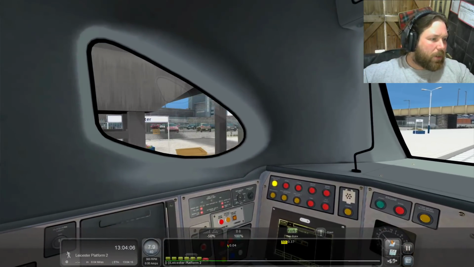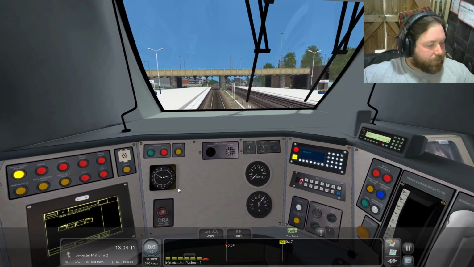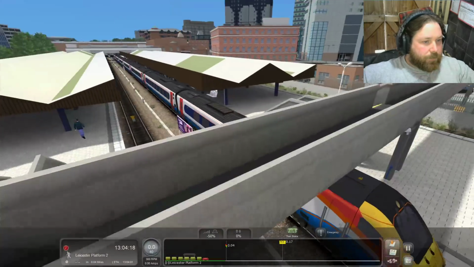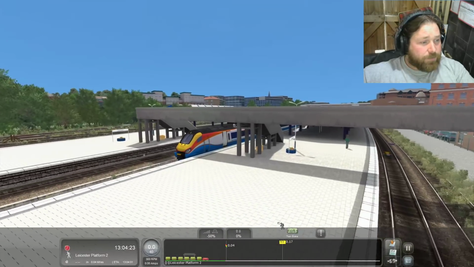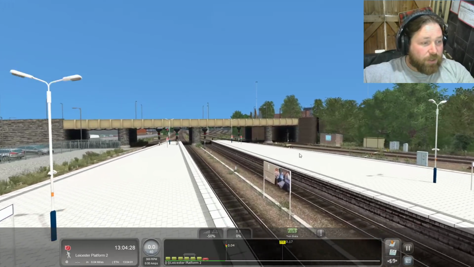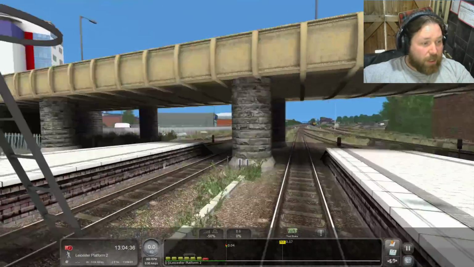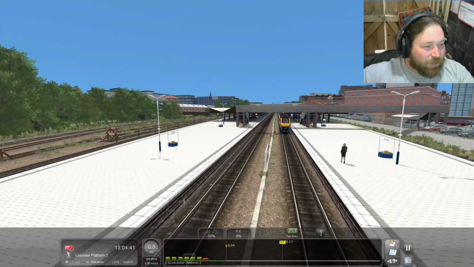Was that my stop board there? Yeah. So yeah, it's a little bit bright, but no, it's fine. I don't mind Leicester. It's looking good. Like I said when I did the last version of this, the Nottingham line one, it's such a step change, to use a railway term, step change in JT's